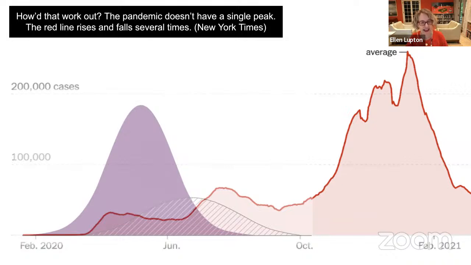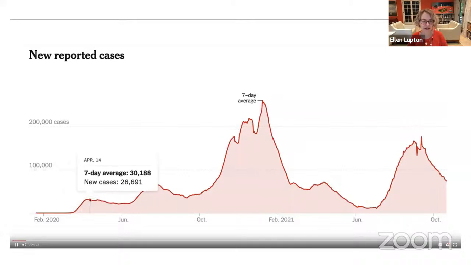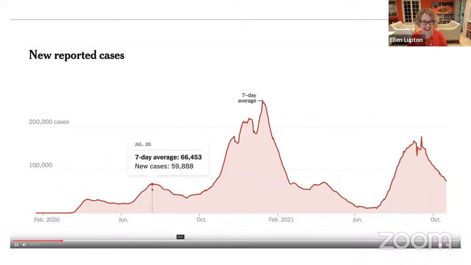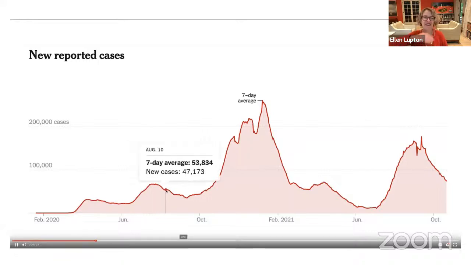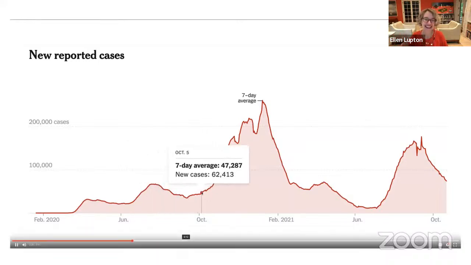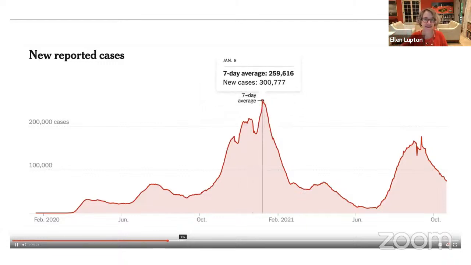And if we look at the spring of 2020, we have this peak and then we have a drop. And if you remember that summer, many people thought the pandemic was going to go away, but actually it rose again in the fall and dropped again, and then reached its really devastating height in the winter of 2021. So Flatten the Curve was not entirely accurate. We didn't have one curve to defeat, but we've entered a period of rising and falling curves.